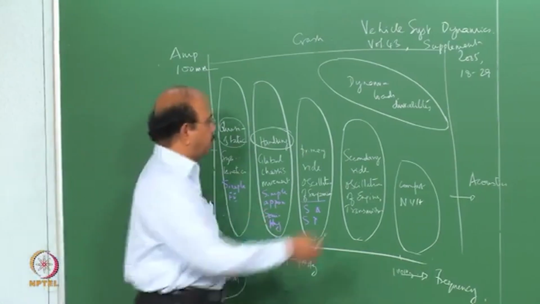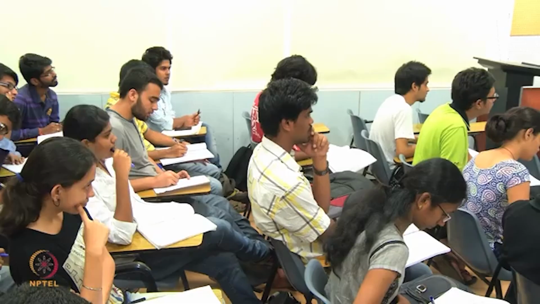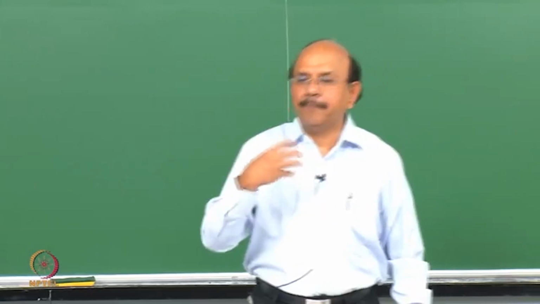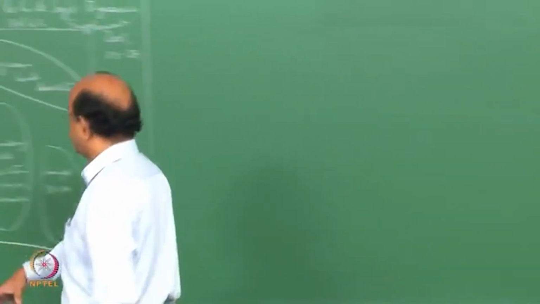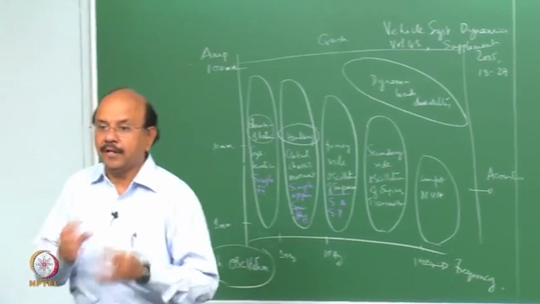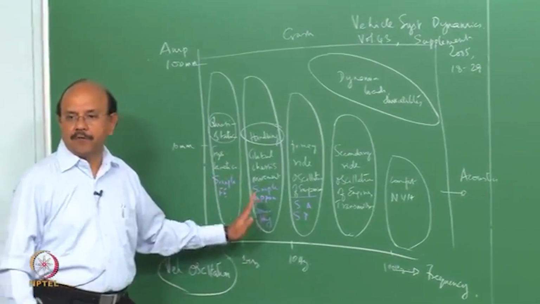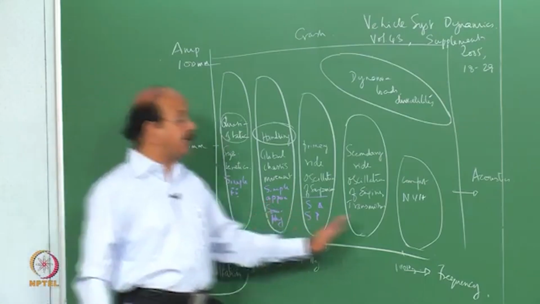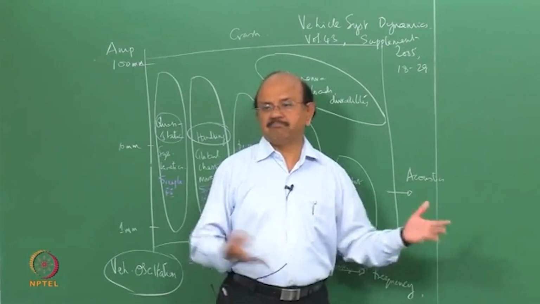And the ride, for example, is the next set of frequencies that you are looking at. Please note, why am I saying this? Please note that the model should be capable of representing the vehicle in these frequencies. Suppose you take a simple model, what we are going to see, for example, the bicycle model for handling. Then, if you tell me that I want to study the acoustics with this kind of model,